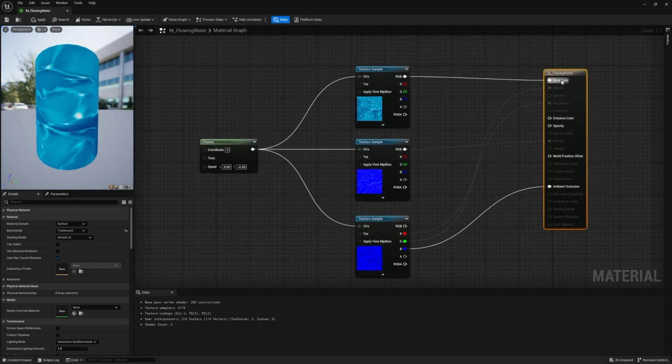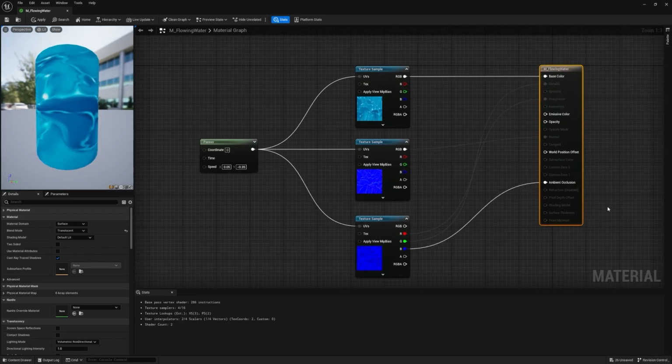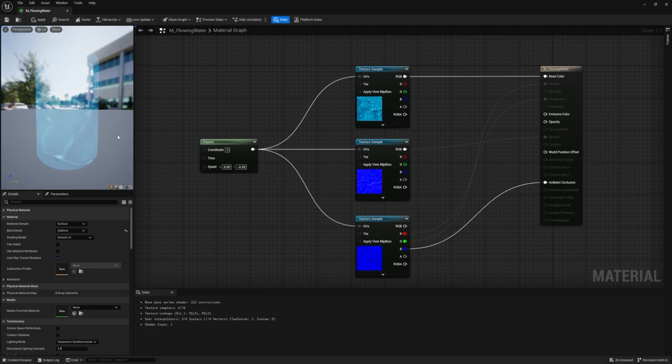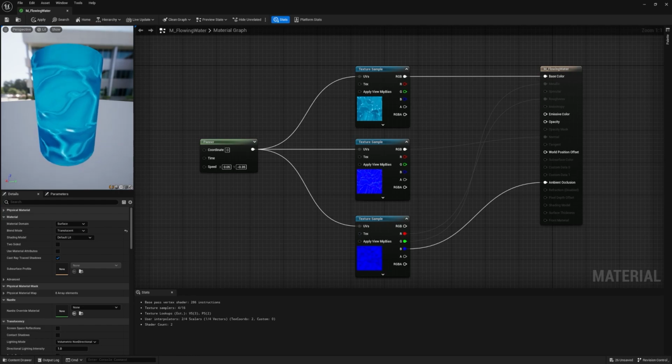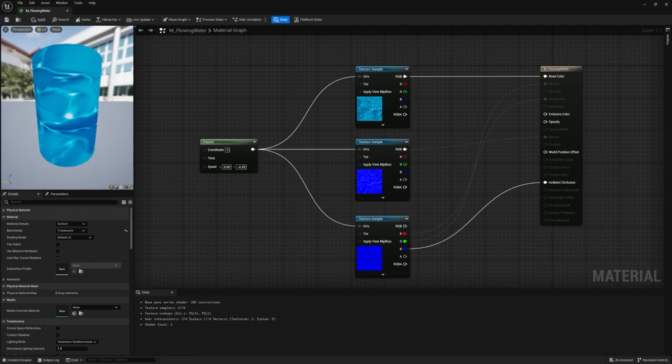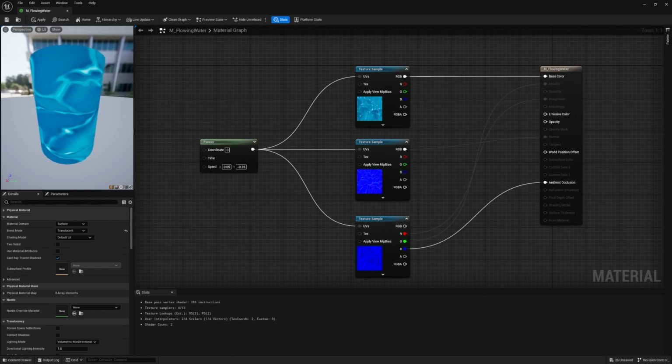You'll notice it takes away some of our nodes like metallic and roughness and normal. But it opens up the opacity for us to access. The other way we could do this is as an additive material, but it's pretty much the same idea. I kind of like the idea of working with translucent here though, so we will do that. You'll notice that we can't really see through the material yet. And